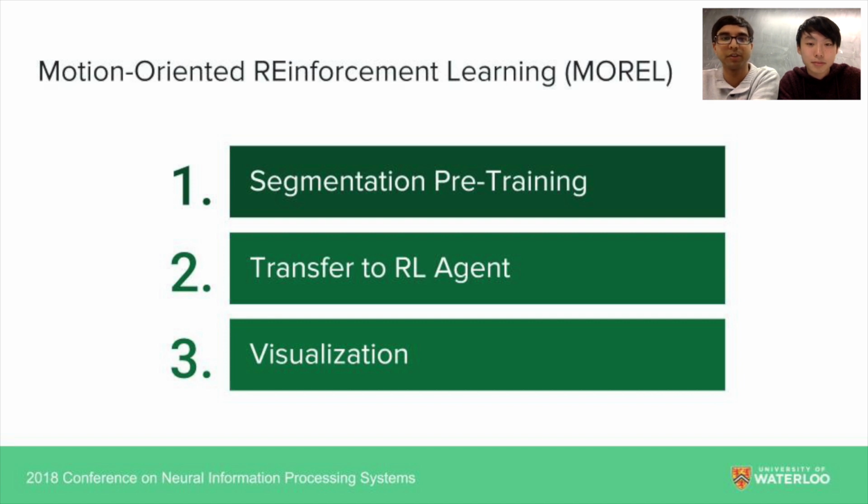The agent learns to predict the movements of objects in the environment while learning a policy to maximize the discounted future reward. To do so, MOREL first trains a reinforcement learning agent in two phases. The first phase learns a structured representation of the environment in an unsupervised manner. The second phase uses the learned representation to find a good policy. Finally, the learned agent can be introspected by visualizing the object masks and inspecting their quality as the agent makes